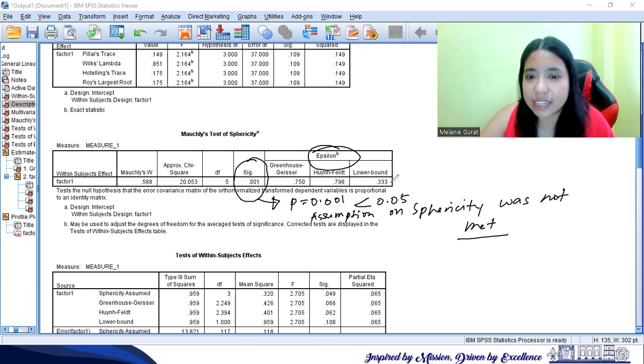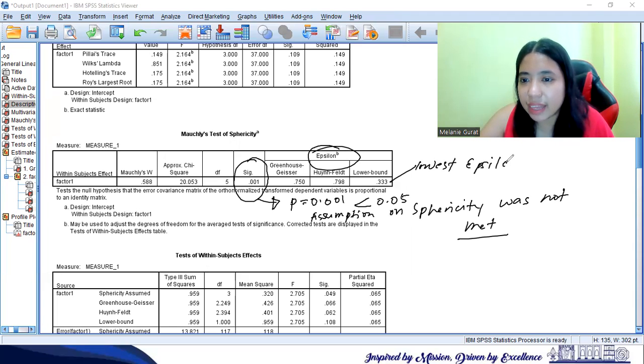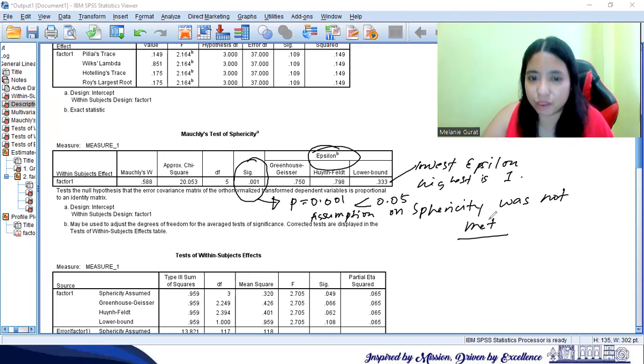Just to have an idea, this is the lowest epsilon, and the highest is 1. We cannot generate an epsilon that will be above 1. Now, looking at the Greenhouse-Geisser and Huynh-Feldt, the values are both above